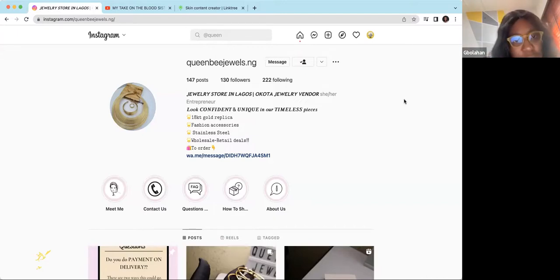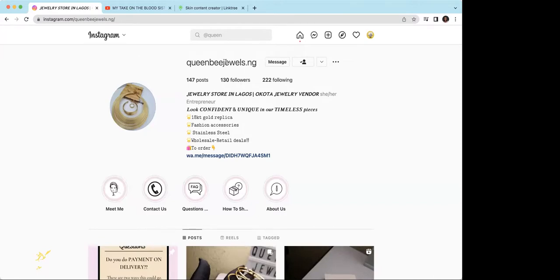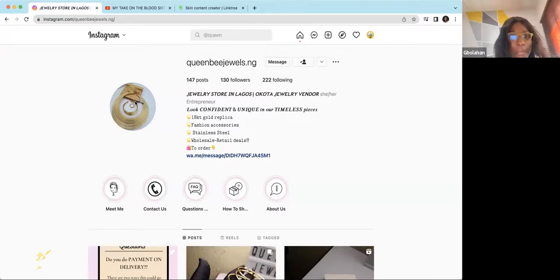Then Queen Bee, please, your name, try and put it so it's not too in the face of the person. Just make it in such a way that it's not covering the beauty of the jewelry. Do you understand? But I really like this. Should I put a picture without the watermark? You can put your watermark, but don't make it too big. You understand? Okay. I like your profile picture. Adjust it.